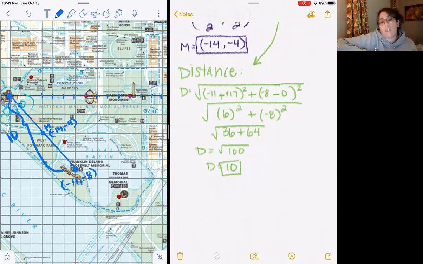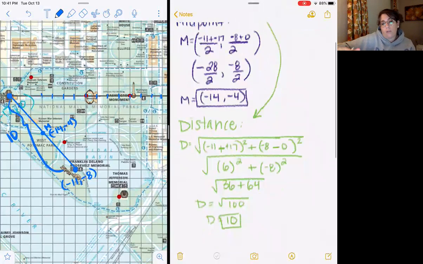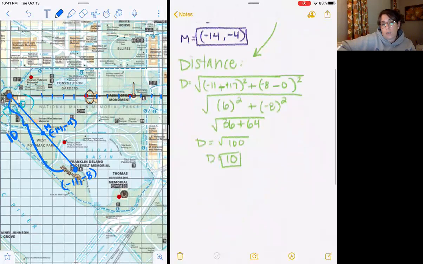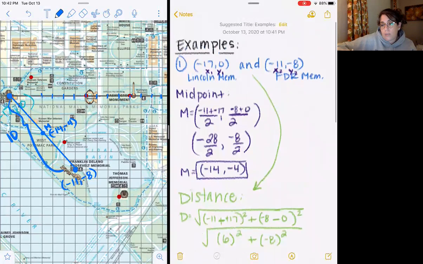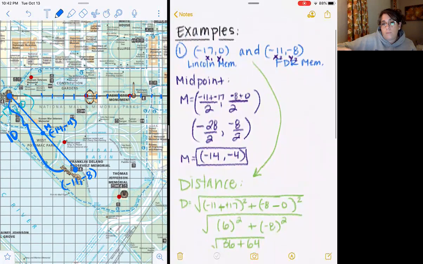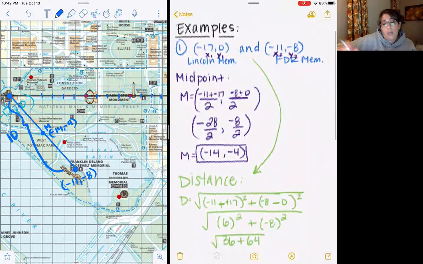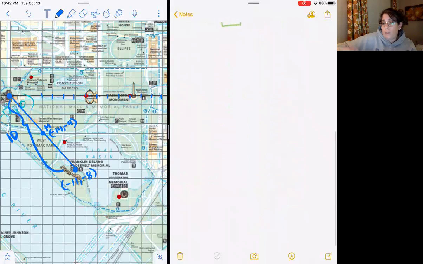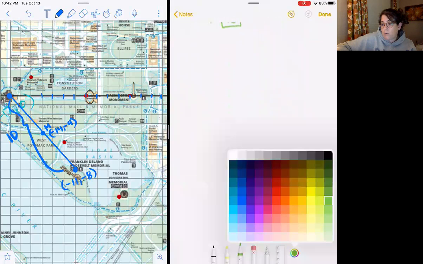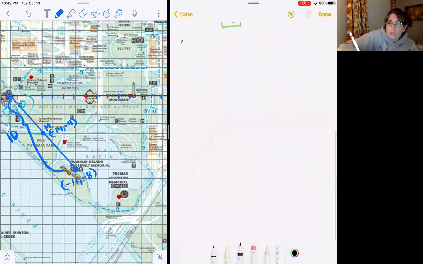All right. So almost never, which I feel bad that that's the first example I gave you, but rarely do you have whole numbers. Usually both of these values are going to be decimals of some sort. So let's pick 2 other random ones for your example 2. It's completely up to you. If you get the point, you can push pause and just do your work. If you want to see another example, then I will do another example. The benefit of a video is you can pause, stop, or rewind however often you want. So let's do example 2.